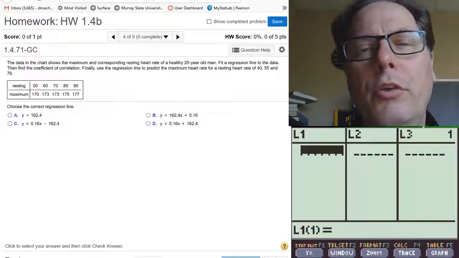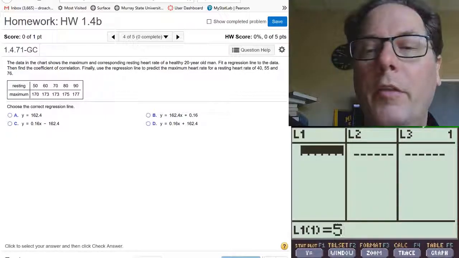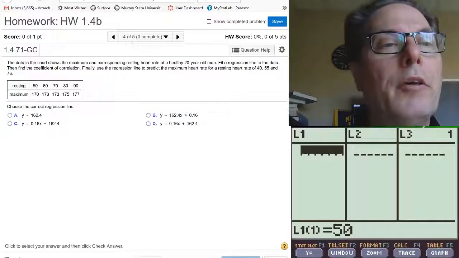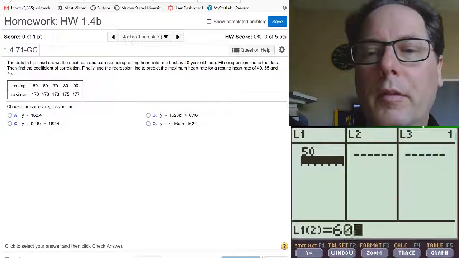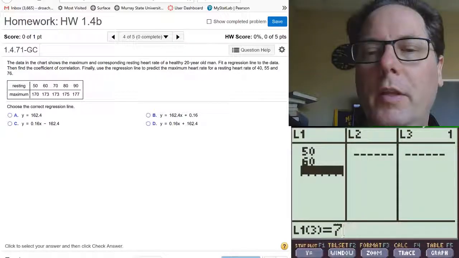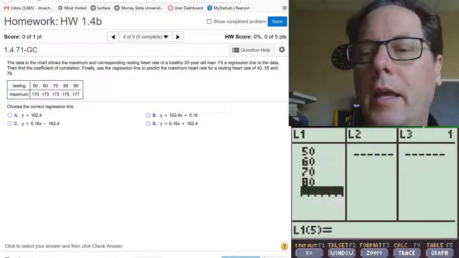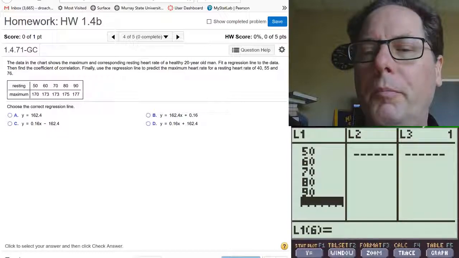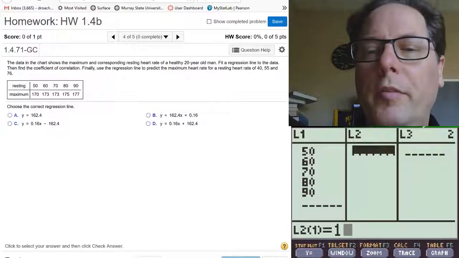Now you saw with some of these that had dates, and you had to put in 0, 1, 2, 3. This one, the X appears to be the resting, and then there's a maximum. So I'm putting in the 50, the 60, the 70, the 80, and the 90. I'm hitting enter in between these. Then I'm going to move over to list number 2, and I'm going to put in the 170,